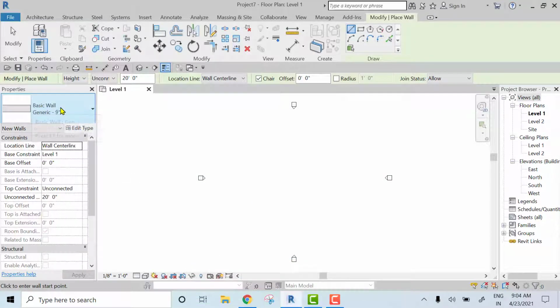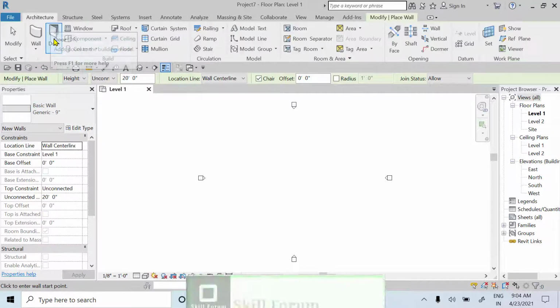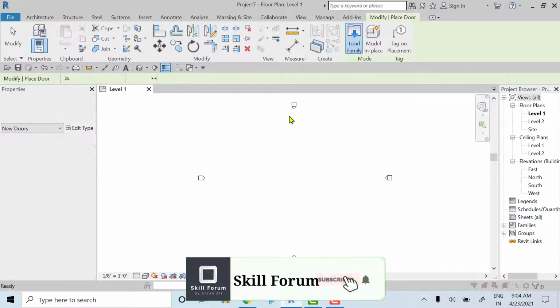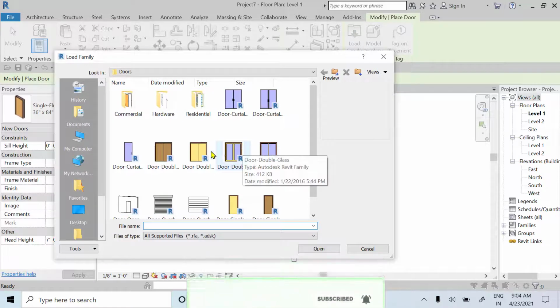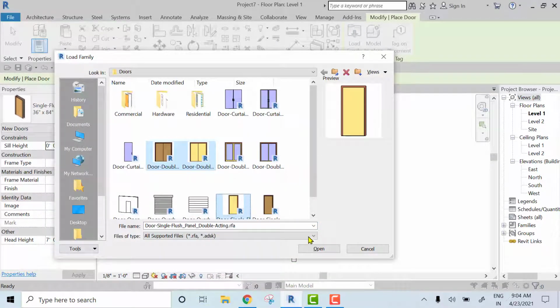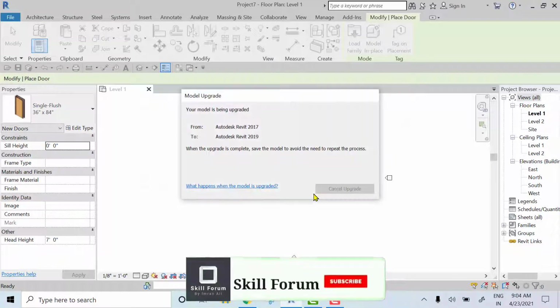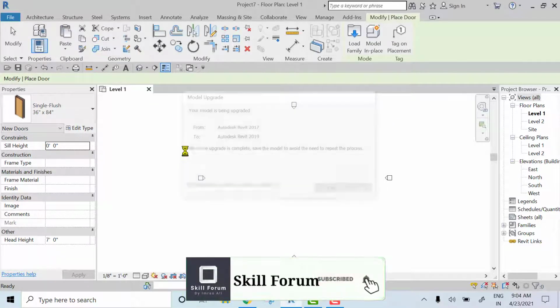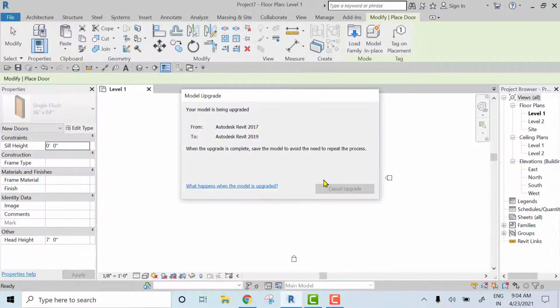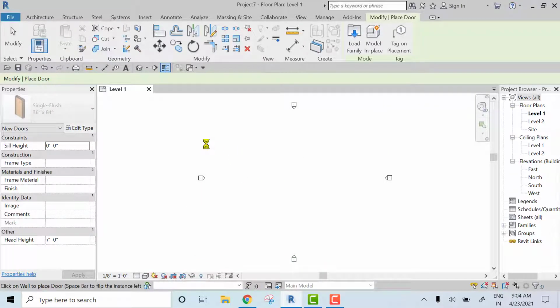So here I have created it, for example purposes. Then I will go to door and load some of the doors here. I will update all the things. Again you are getting all the things here. So 3 doors I have updated, that's why it's coming.